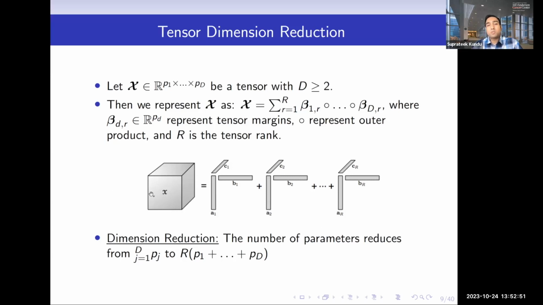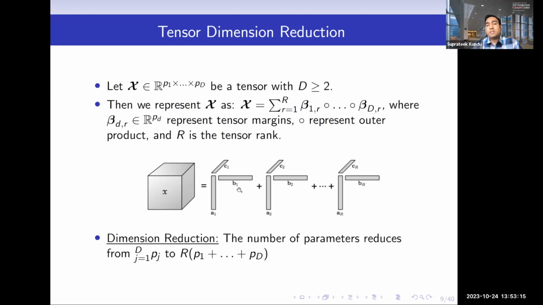So essentially, if I have to do a schematic, this is how the tensor decomposition looks. You take, let's say, a three-dimensional tensor, let's say it's a cube. You express it as an outer product of 3 margins here. It's 3 margins because this is a cube, it's three-dimensional. And then you have R channels. So the first channel, second channel, and you sum over R channels. Right? R is essentially your tensor rank.